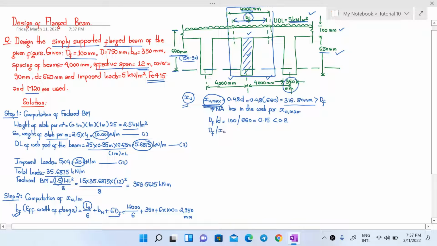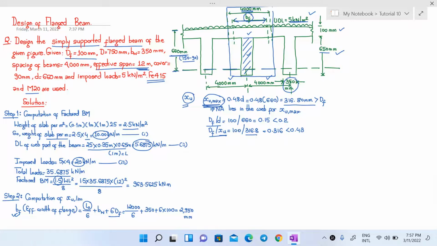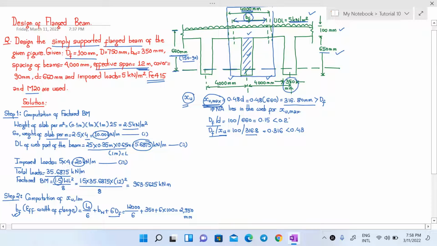and Df by Xu, which is given as 100 over 316.8. Here we have used Xumax as Xu, and this gives us 0.316, which is less than 0.43. Remember, there were 4 cases for flanged beam, and this Df by d value was needed when we know that our beam is balanced, and we need this Df by Xu value when we know that our beam is under reinforced. So for both cases, the value is less than 0.2 here in Df by d, and Df by Xu